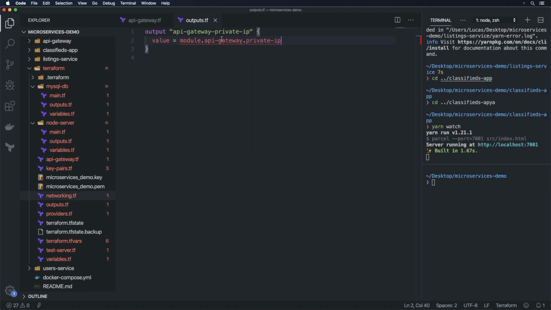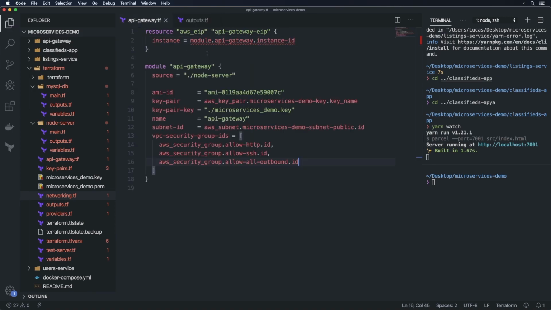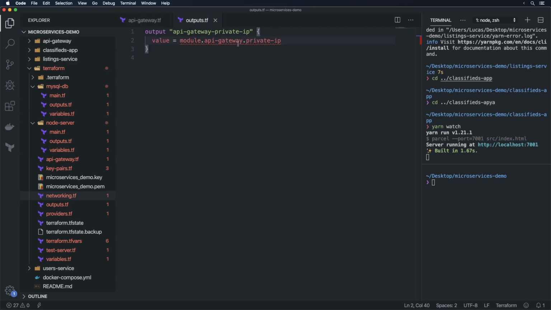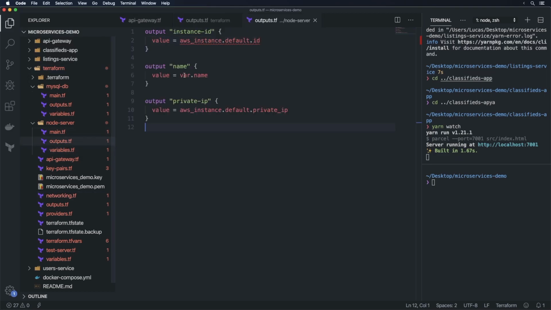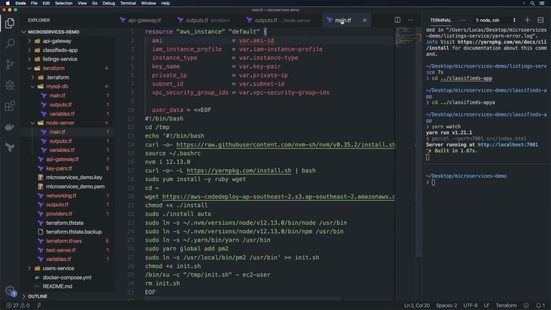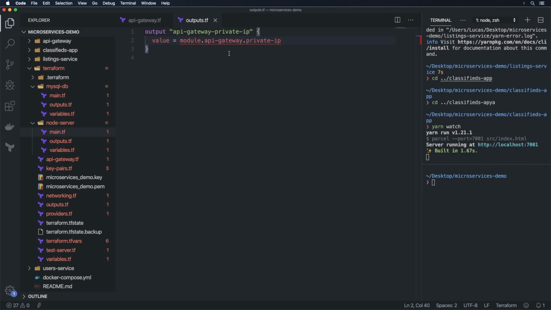Now let me explain to you how this got here. If we look inside this file here, we have the module API gateway, and this one comes from node server. So if we go into node server here, we have variables, outputs, and inside of outputs here, we have private IP, which comes from aws_instance.default.private_ip, which comes from this instance here. So basically it gives us the private IP address of the EC2 container that was created. So now we have this one here. We're going to grab this and go down here,